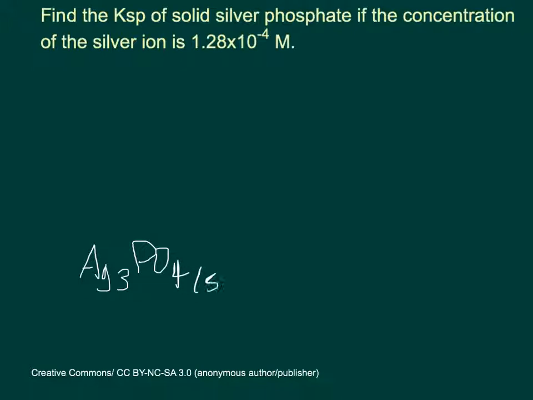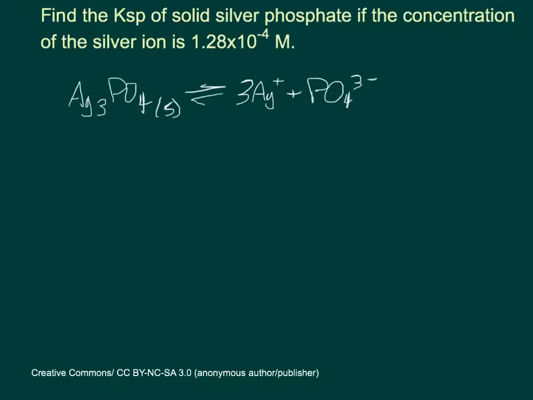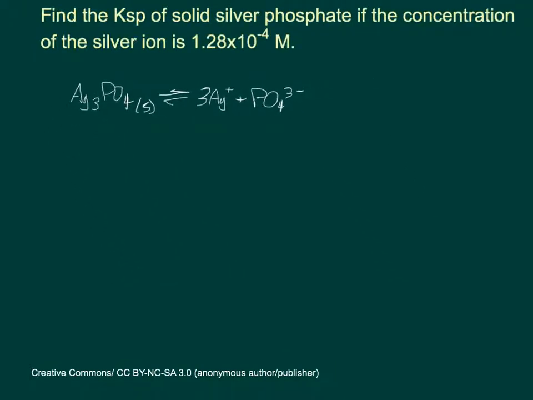And that's a solid, and it is going to be at equilibrium with dissolving as silver ion, 3Ag+, plus the phosphate ion, PO4 3-. Alright, so there's the reaction that we're looking at, and now what we need to do is simply create a